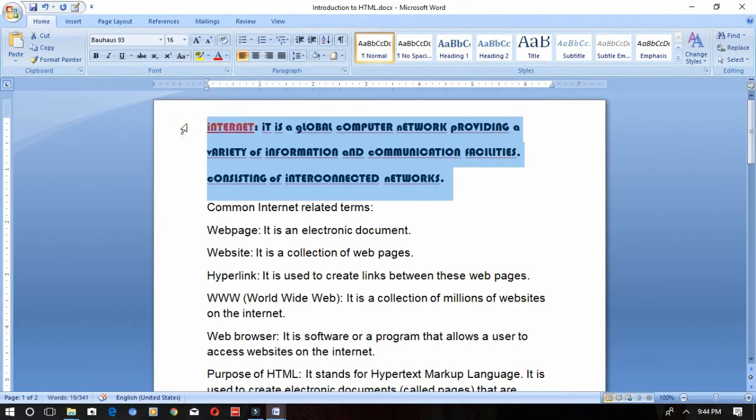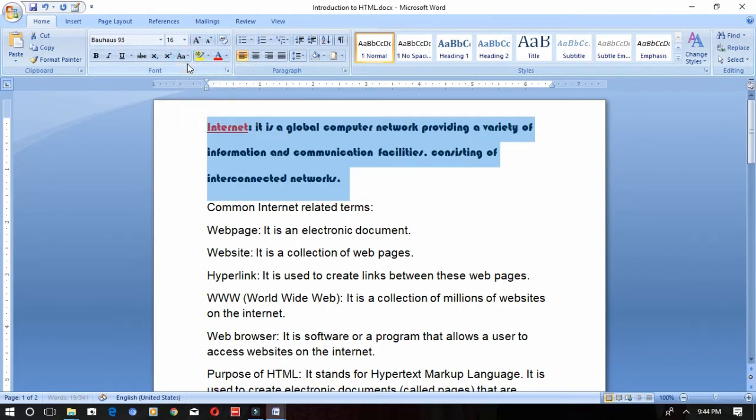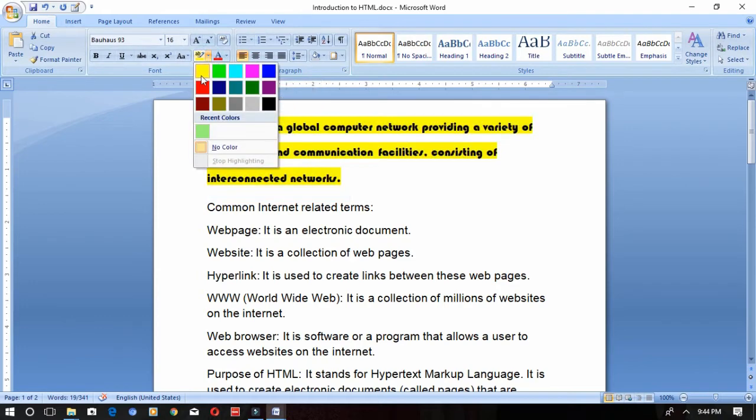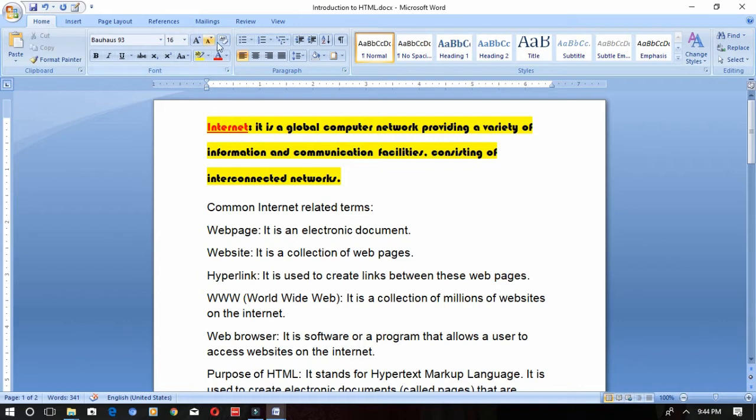If you want to capitalize each word, so each word starts with a capital letter, that is also possible. Now, what does toggle case mean? It is the opposite of capitalize each word. Now you can go back to sentence case. So this is the way it works. Next is shading, like text highlighting. Highlighting you used to do using the highlighter. The same way you can highlight the particular text. Now you know font color, we changed it already.